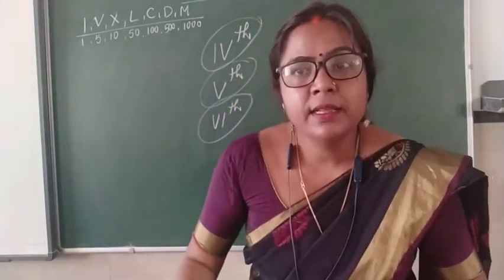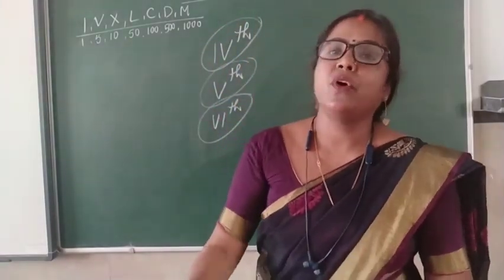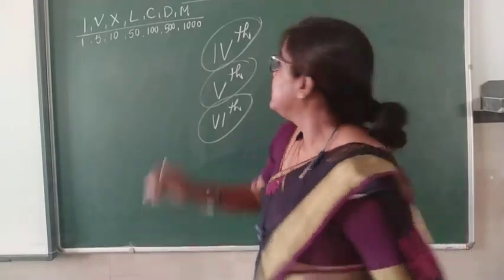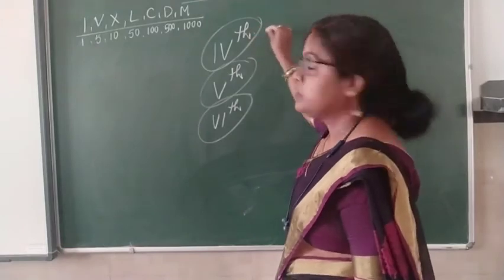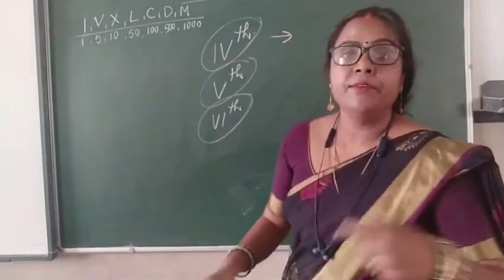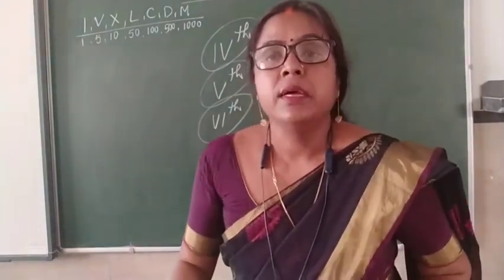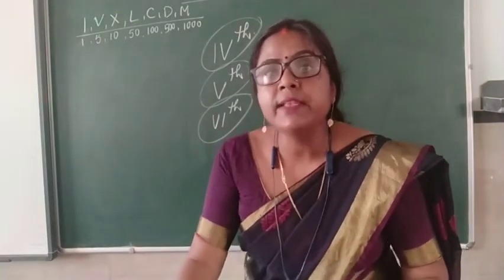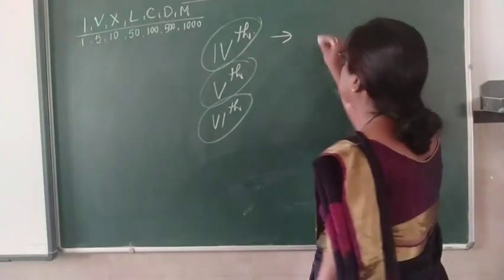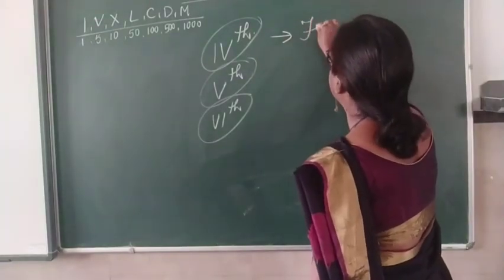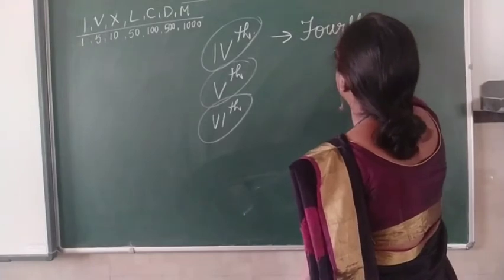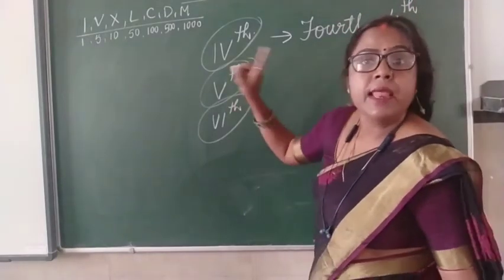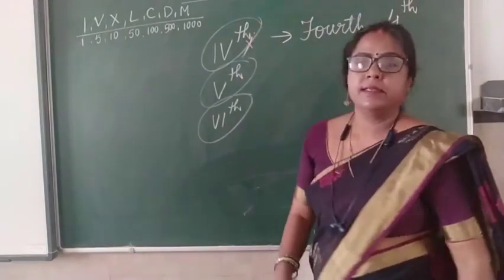My dear children, there is no connection between the ordinal number and the Roman numeral. This th we put for the ordinal number. You might have studied in class 2 or class 3 that ordinal numbers tell the place, and they are always written either in English as fourth, or as 4th. Never ever written like this.